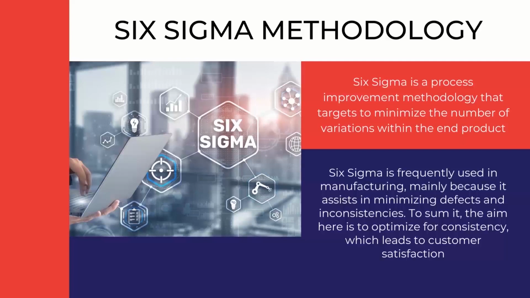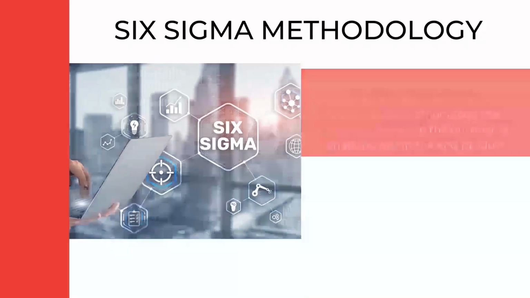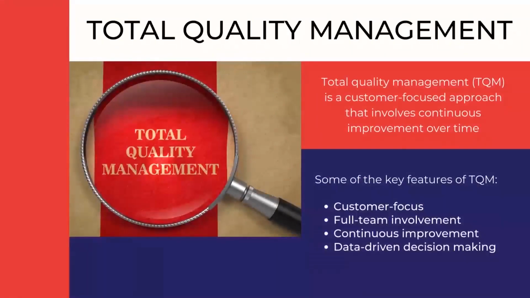Six Sigma uses 2 main processes. DMAIC stands for define, measure, analyze, improve, and control. It is a statistically driven methodology used to improve, optimize, and stabilize business processes. Next, there is DMADV, which stands for define, measure, analyze, design, and verify. This approach utilizes Six Sigma when existing processes do not fulfill customer requirements, even after advancement, or when the implementation of new techniques is essential. Second approach is total quality management.